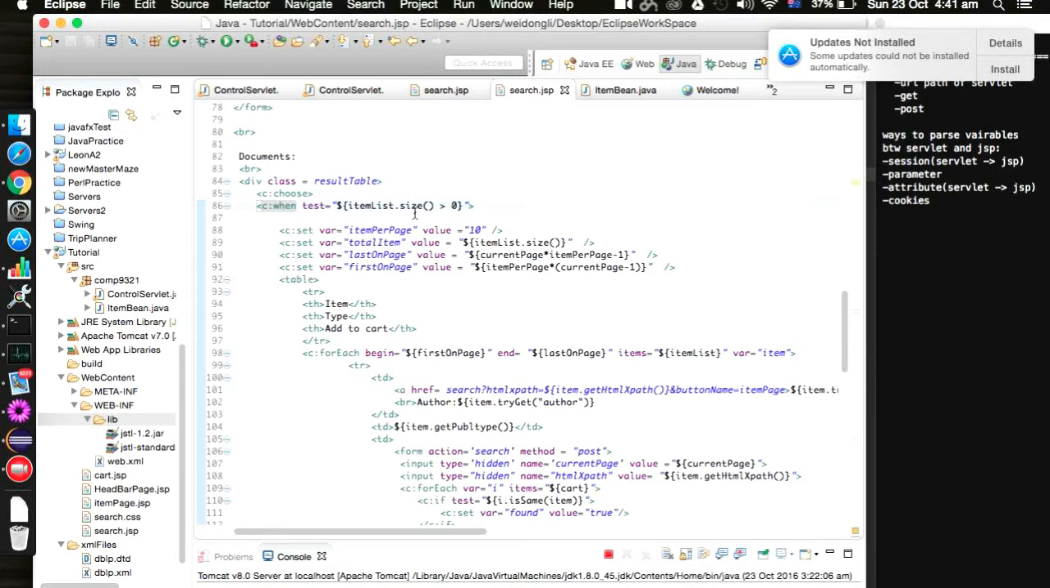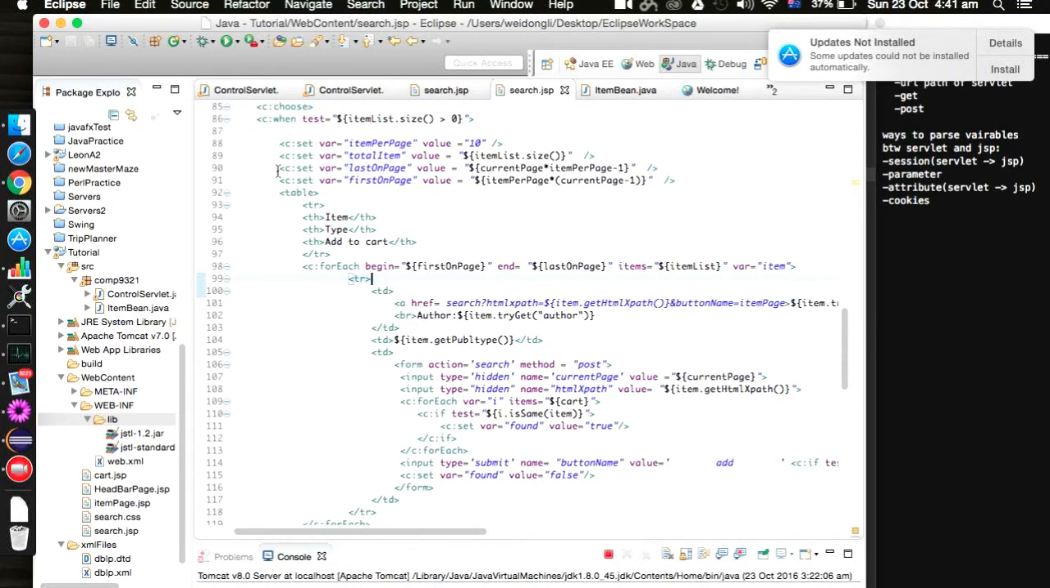Okay, if the item list has size more than 0, right? Then execute this code. So here is the calculation of the paging, right? And then inside this double quote, we can just do like the Java code style. Okay, item list dot size or current page times item per page and then minus 1. Okay,